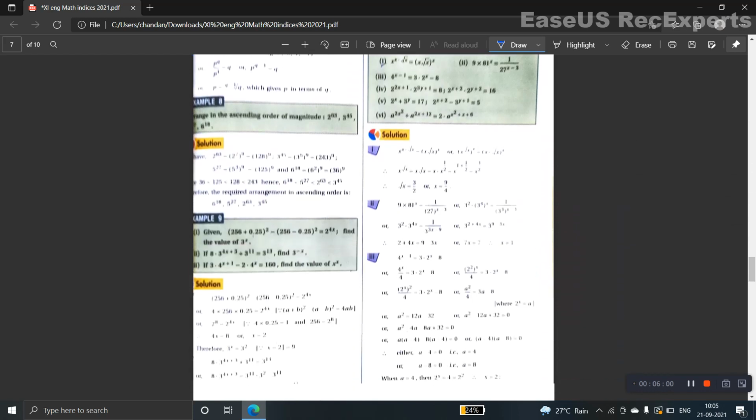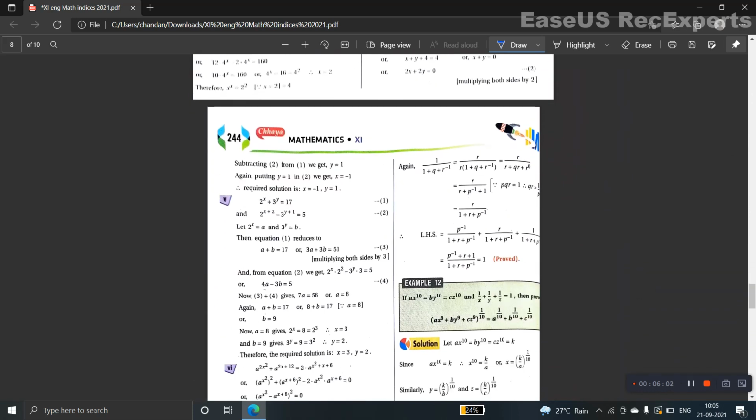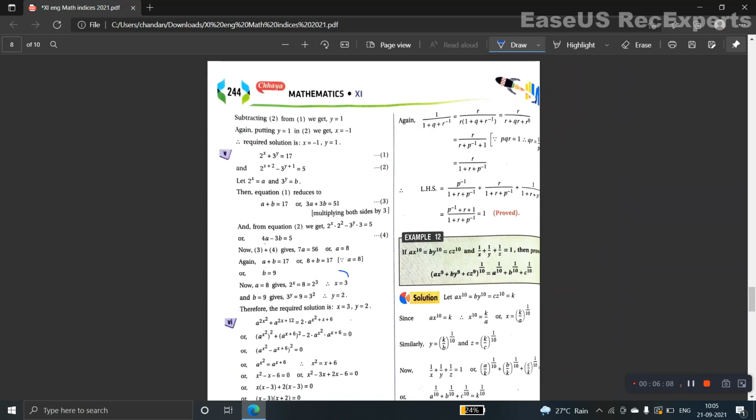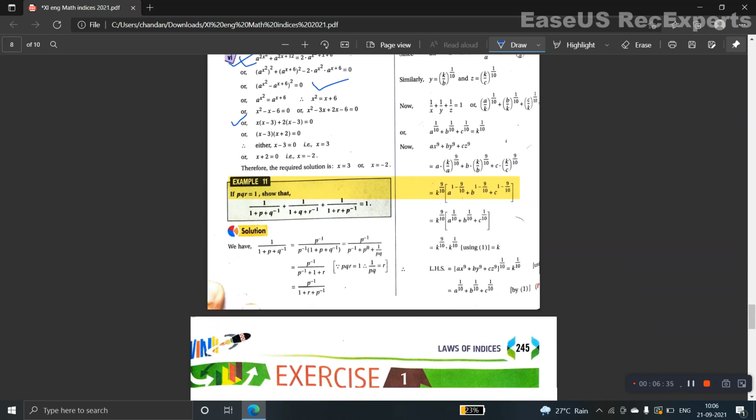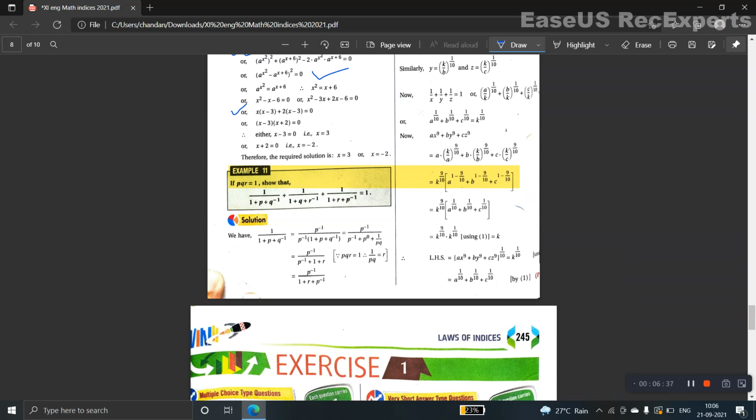Now going to the next page, there are some solutions including x and y, so solutions involving indices. This is another example of a solution. This is also another example. This one you can see is factorization, middle term factor, or putting in a square form like that. You do it at home. I'll come if there is any problem. I'll talk to you in the next class.